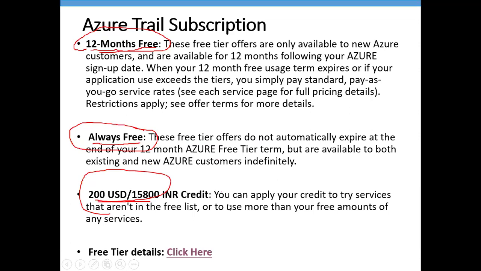And one more thing, how you get information on how much free tier you have used. Like how you know that right now you have completed 300 hours for a virtual machine or 10 hours. That particular option we will discuss in an upcoming session, where you can get information on how much of the free tier you have used.